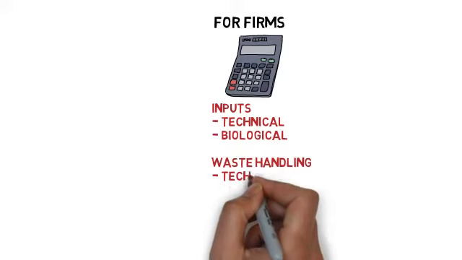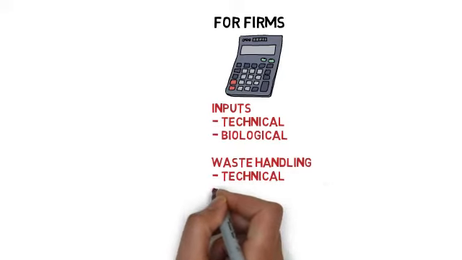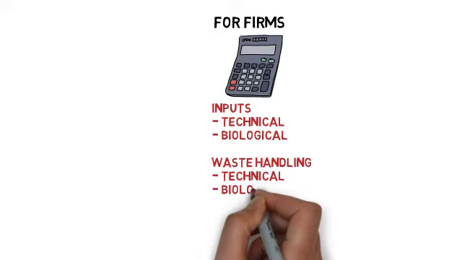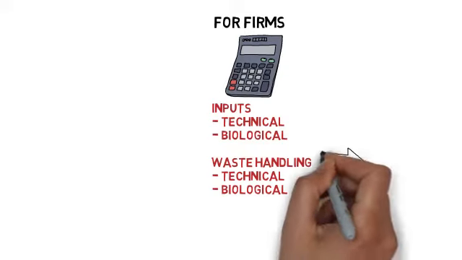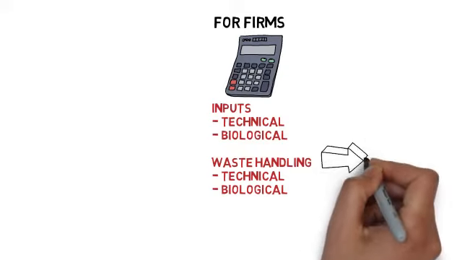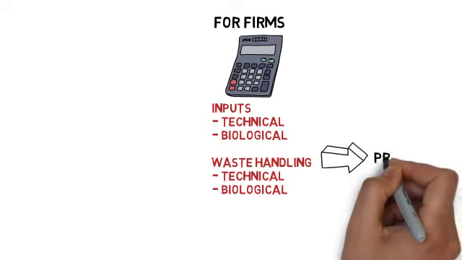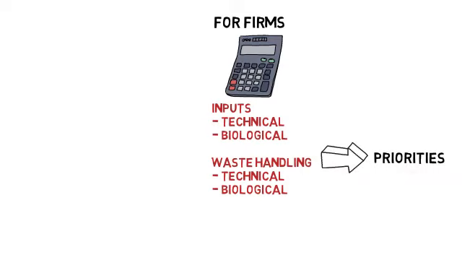You can also check in your expenses for how you account for waste handling. It's good advice to find ways to separate biological and technical nutrient handling, both physically and in your accounts. You may find costs going up soon, or your waste handler refusing to take your waste if technical and biological nutrients are combined. Now, based on your analysis, you'll be able to identify priorities to be looking at going forward.